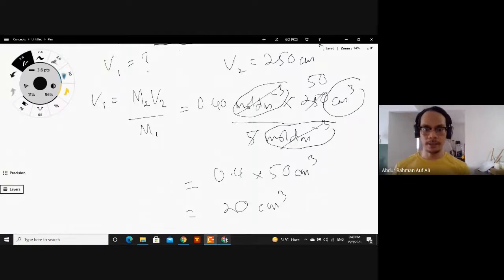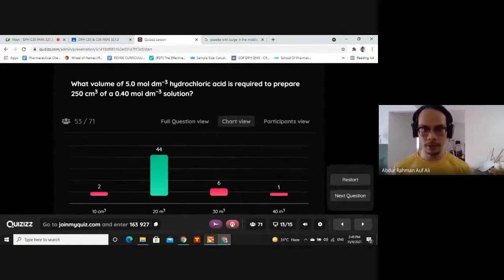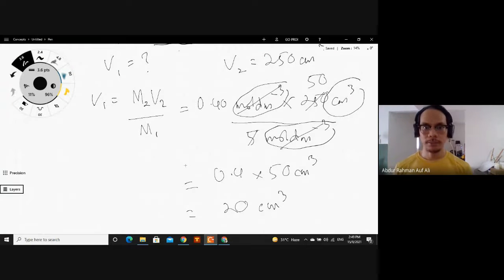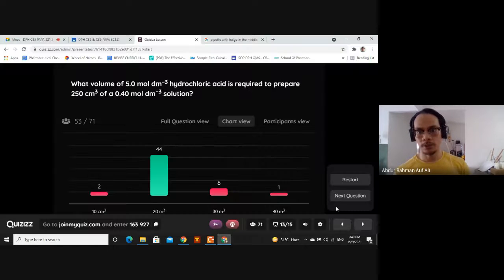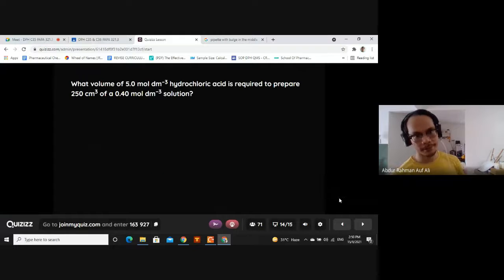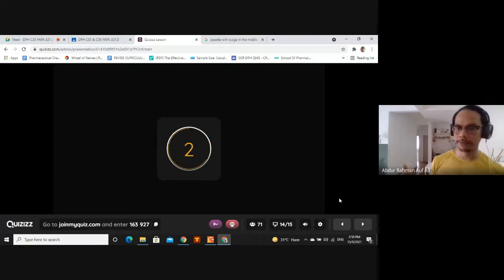Okay, bagi yang salah, ada kat sini 9 orang salah and ada some of you yang tak boleh join. Bagi yang tak tahu macam mana nak mula, this is it. Kamu start dengan the equation that you want to use. And then you write down what you get from the questions. Kat sini dia bagi molarity M1. M2 pun dia bagi. V2 dia bagi. And dia suruh kita cari volume. So you just rearrange to find V1 using the equation that we know what we want to use. Okay. Next question. Ada 2 more slides, 2 more questions, and then we take 5.